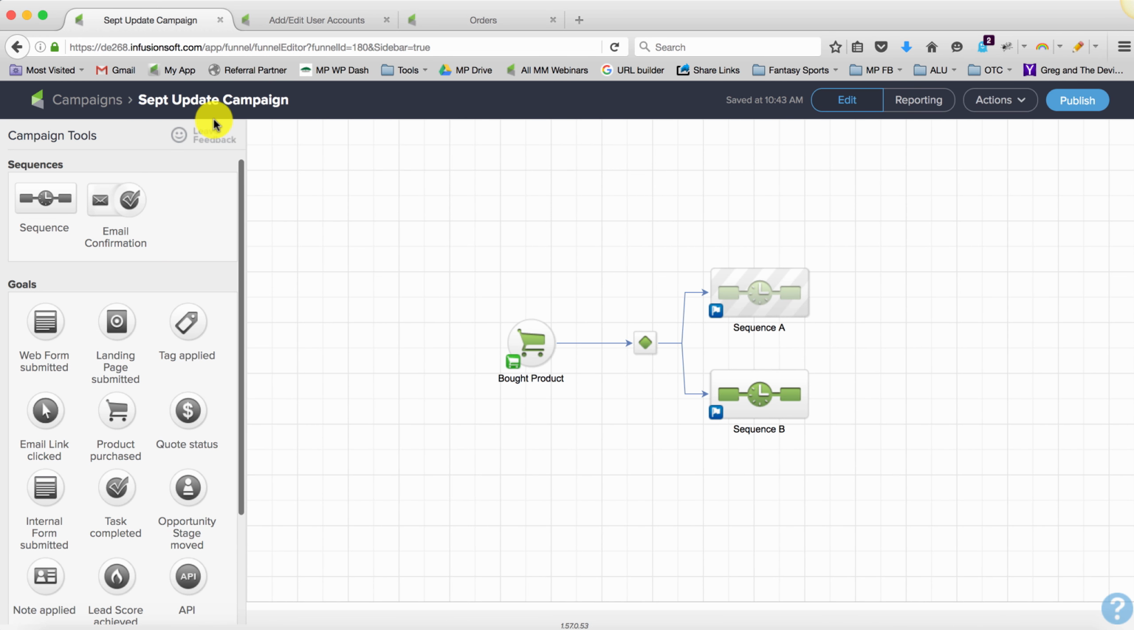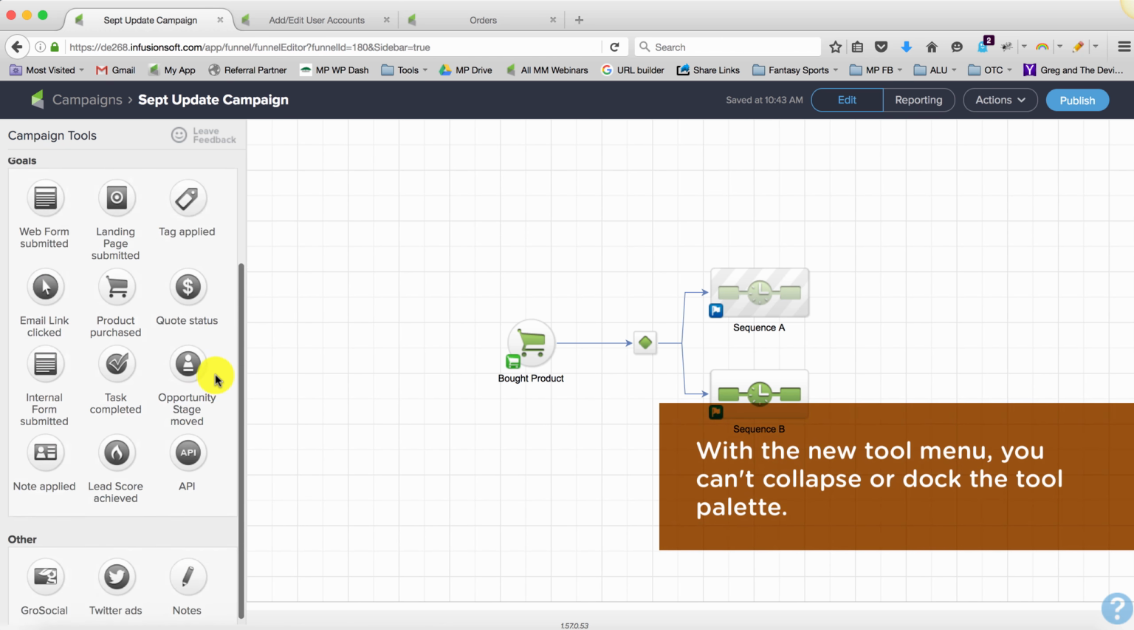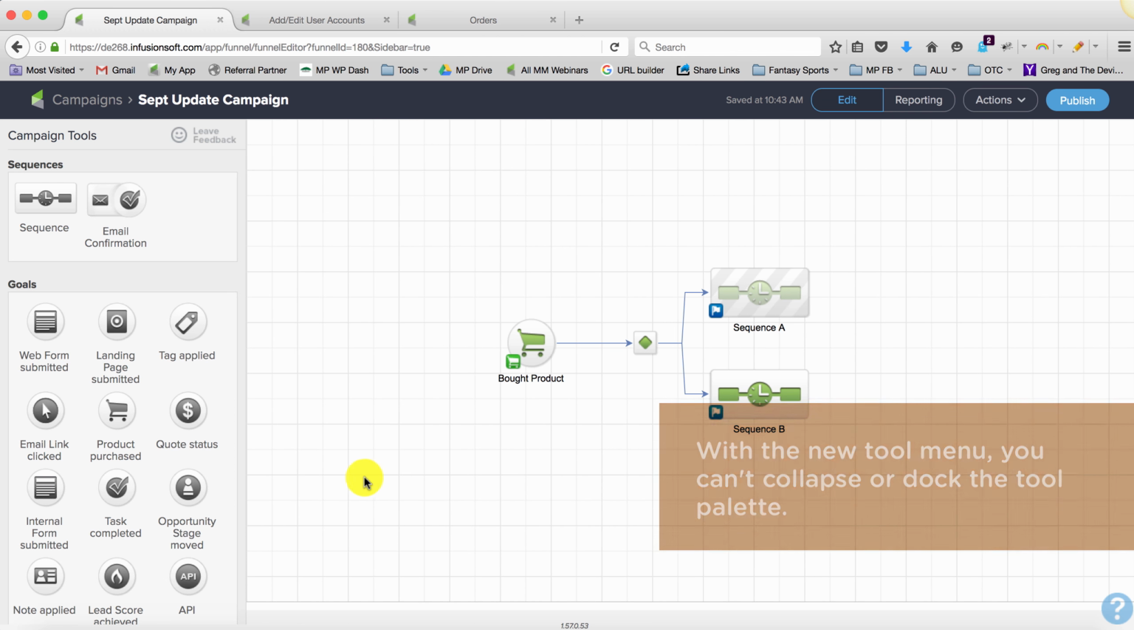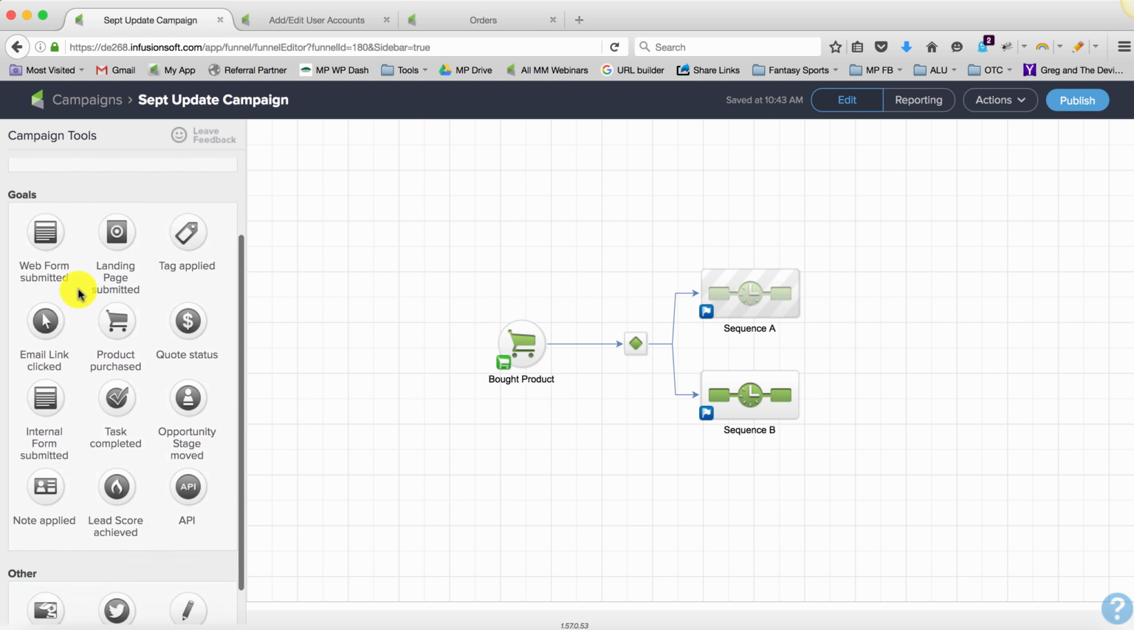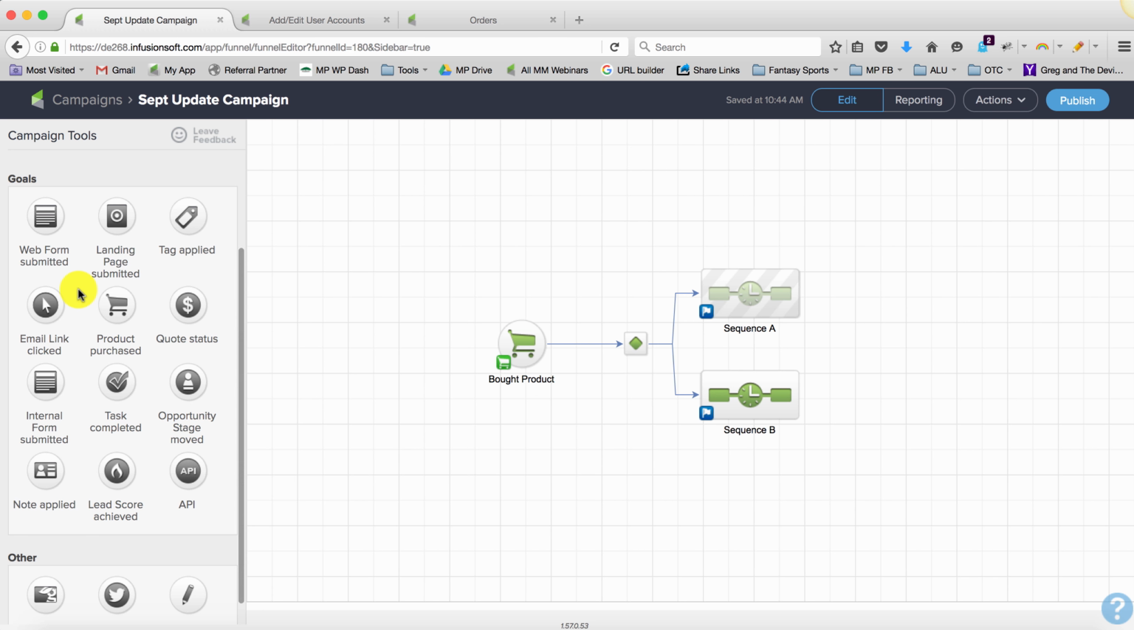Item number one that I notice is I don't currently have a way to dock this or to collapse it, and that would be nice because a lot of times your campaigns sprawl beyond the canvas that you have here, so in order to use more of the space, it would be nice to be able to collapse that menu. But the second item that I'm concerned about is they broke all of the goals out independently,